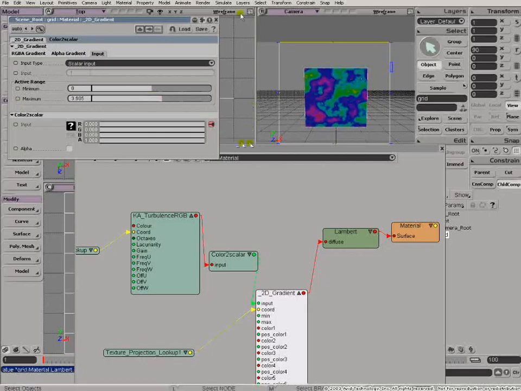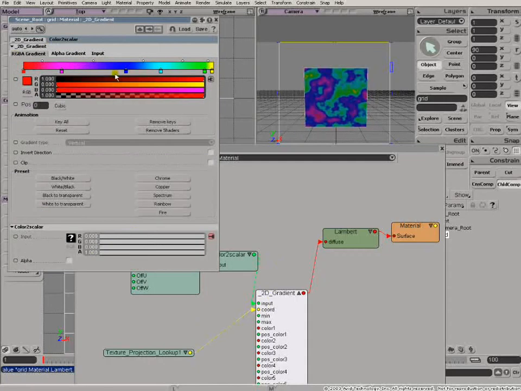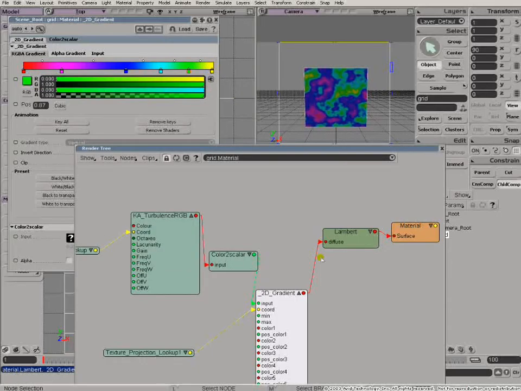Okay, now, how does that relate? Well, what's happening is the intensity of the turbulence node there is being used as an index into the colour lookup table. So the gradient here is going from red, and you can see red there, right up through yellow to right up through the blues and the cyans to the yellow there. And if we take the turbulence output there and plug that directly into the diffuse node, replacing the gradient there,